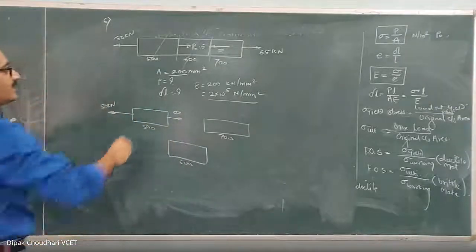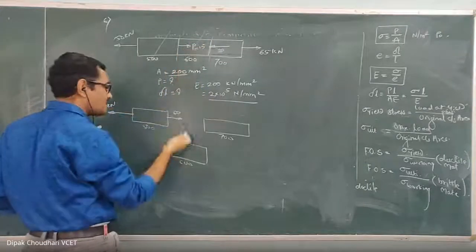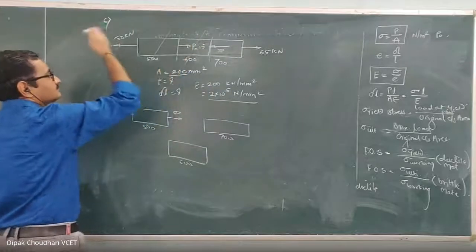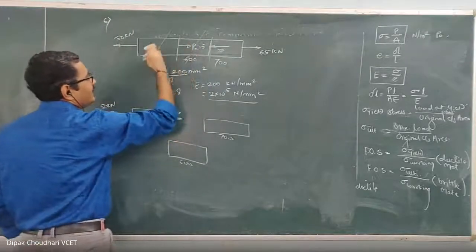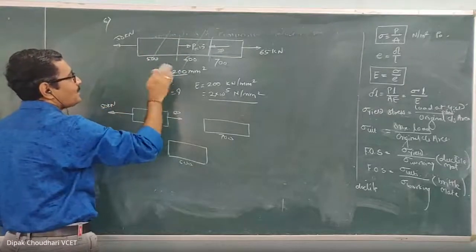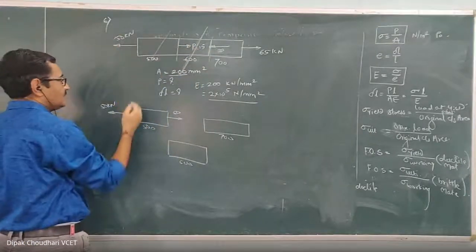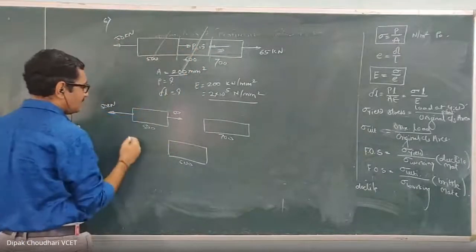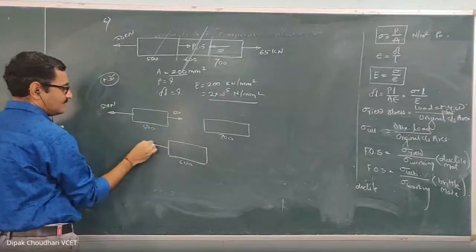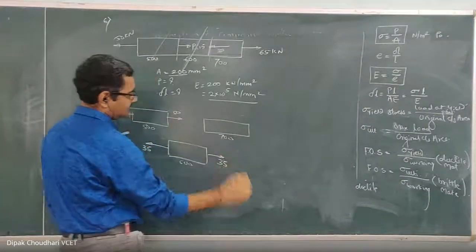So here I take the section passing through the second part, because I have to calculate the axial force induced in the second part, and take the algebraic summation. Now this force is on the left hand side, and this force is on the left hand side. So these two forces we have to add using the proper sign convention. With respect to this section, this force is tensile, so positive: plus 50 minus 35. So the summation is plus 35. Plus 35 means tensile. So the second part is subjected to an axial force of 35 kilonewton.